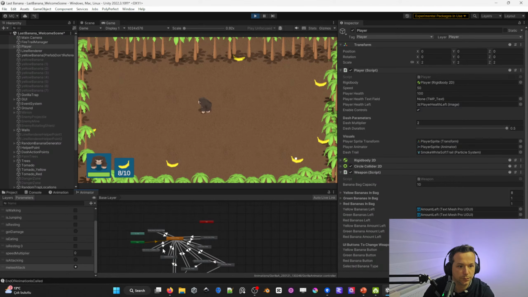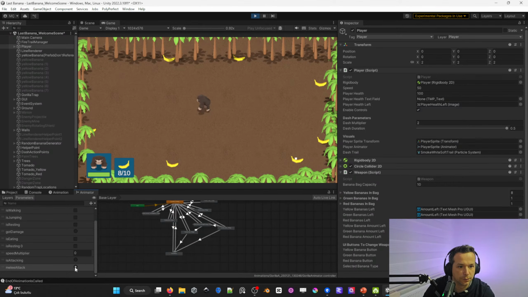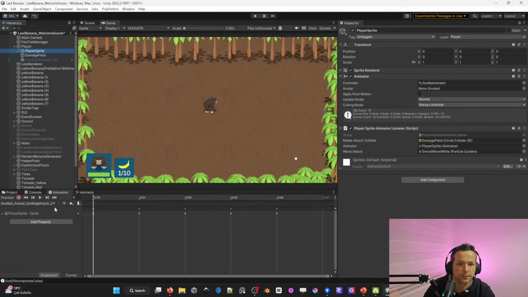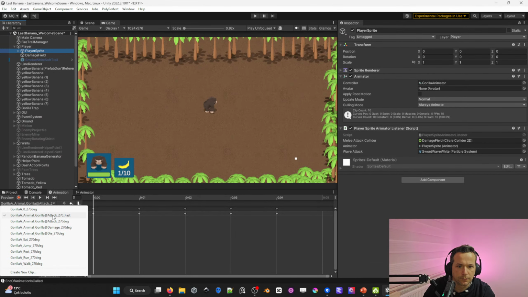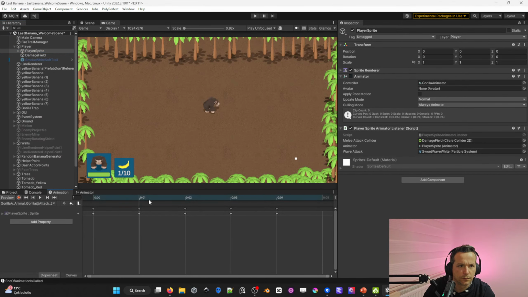When I call this melee attack section, what is running? Here it is. Let's find the animation under the player sprites. This is for throwing the banana animation, and